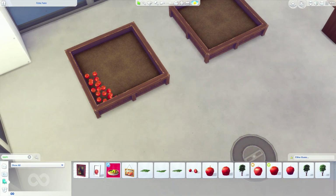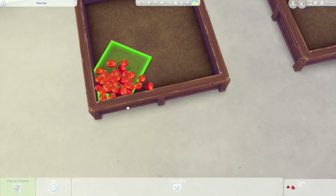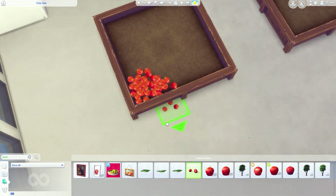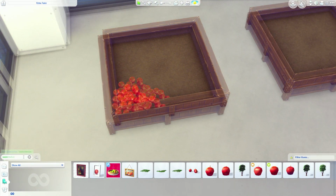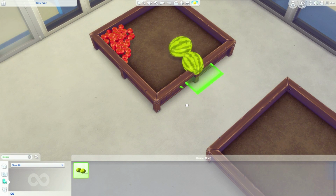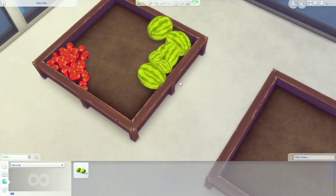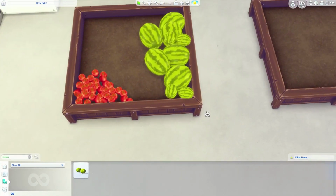So I just kind of used the planter boxes and raised them up to be sitting on top of the pedestal. I had to move the pedestals out from underneath, otherwise some of the items would snap to the slots. That didn't really happen very often with the planter boxes because there's only a few slots that certain things can go on. So when I was placing the grapes,